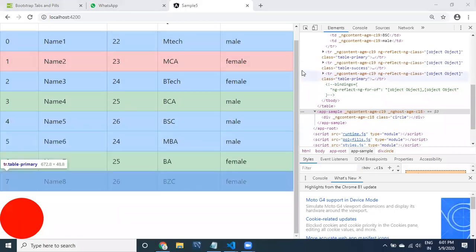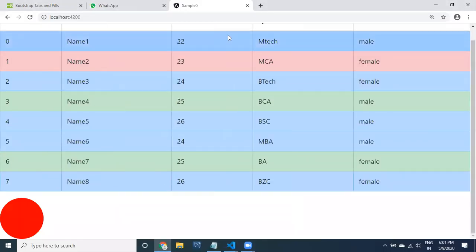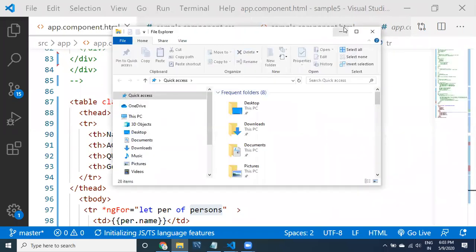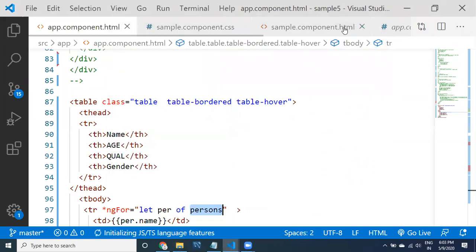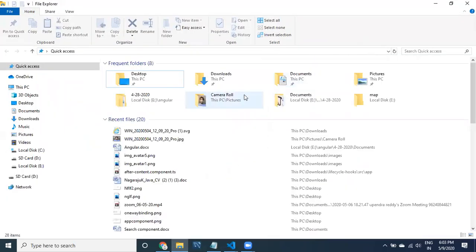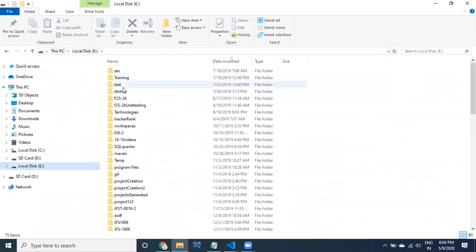Okay, this is our yesterday's code. Give me 1 second. Yeah, so I would like to start the server. To start our application I need to use the command called ng serve. Generally, where we are going to run the command, I have to go to the exact folder where our code is available.